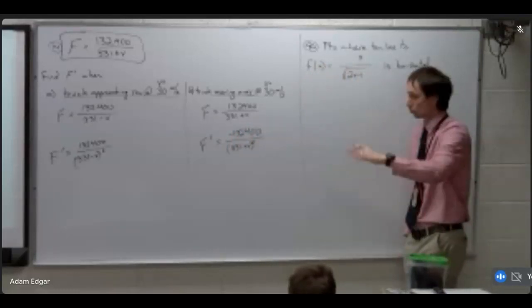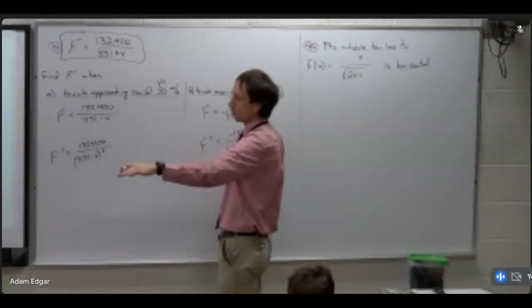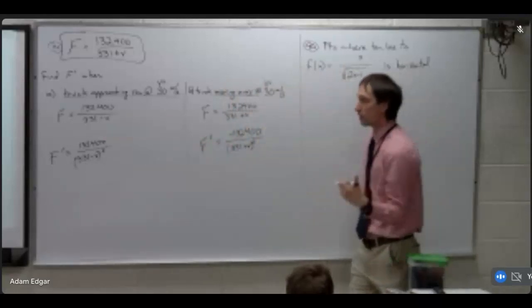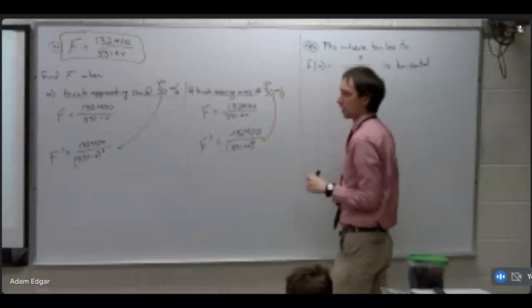Low d high minus high d low all over low low. Low d high minus high d low on top. Cleans up really nice. And then you've got your denominator squared. Once you've got these, just plug in 30. So when you do that,